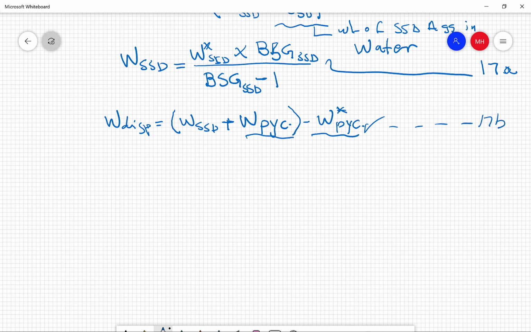So by substituting equation 17B into equation 16A above and rearranging, we get the following relationship. We have WSSD equals the following: